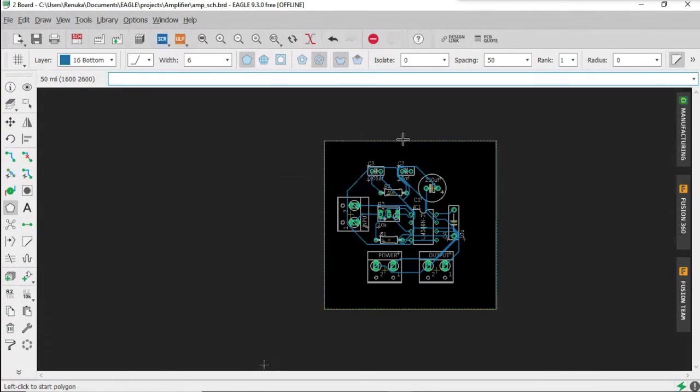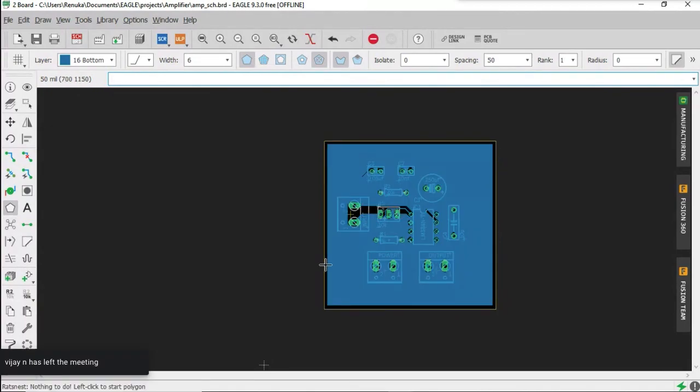You can see a small dotted line on the outside, that is on the boundary of the board file. That is your polygon. After this is done, there is an option called rat's nest. Click on that.